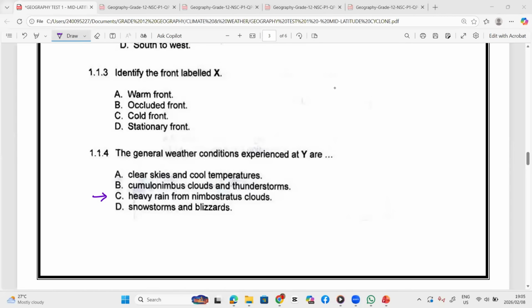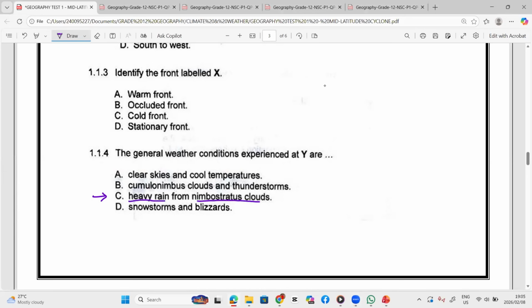Why would you say C is definitely not the answer here, even without really looking at the diagram? Yes, Sam. Well, sir, nimbostratus clouds bring weak rainfall. Then C says heavy rainfall, so it doesn't match. So C is saying heavy rain from nimbostratus clouds.